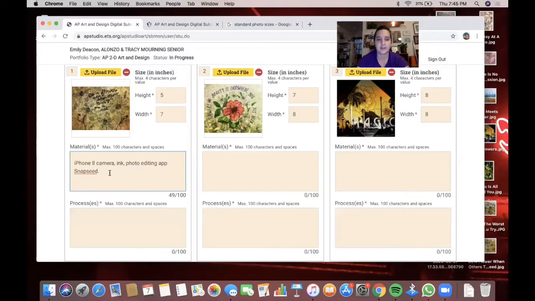Okay, that's like half done, it doesn't like the word Snapseed. Yeah, so iPhone 8 camera, ink, photo editing app Snapseed. I'm also, because I have the space, going to put live flowers